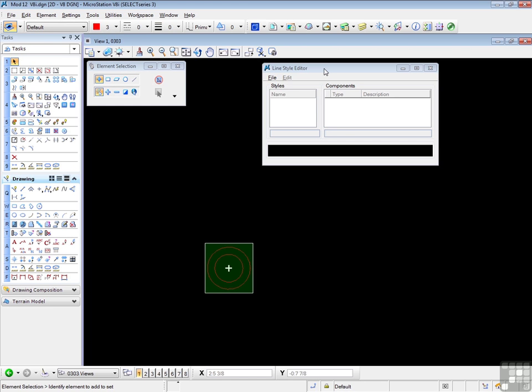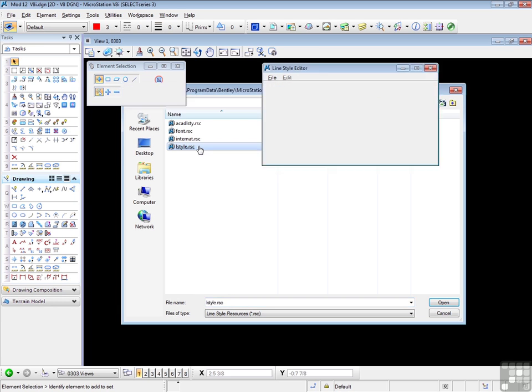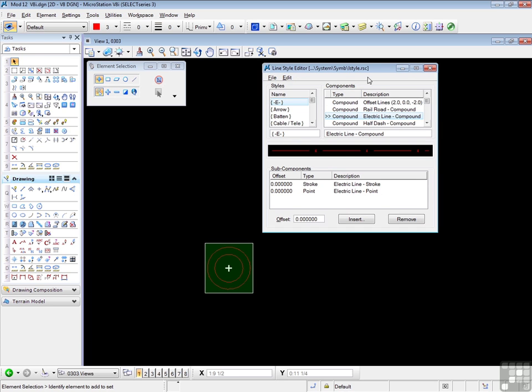Next thing is to load a resource file from MicroStation which contains line definitions. So we go to File and Open, and we see the path to the symbol folder. And we need the linestyle.rsc file. The RSC means resource file, and this contains the line style definitions. So we'll open that, which now pops into place that particular resource file, and we see the existing custom lines